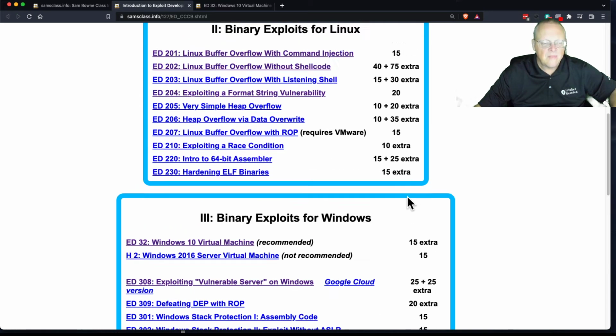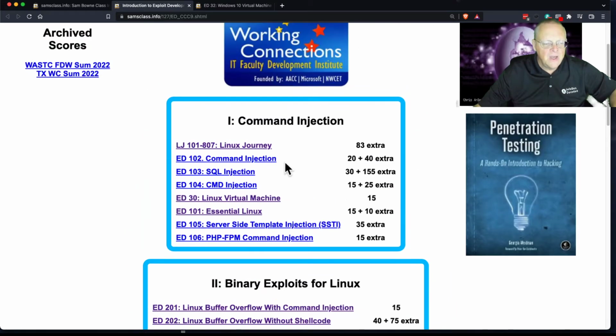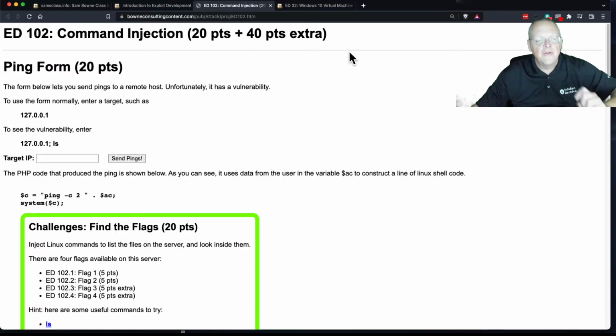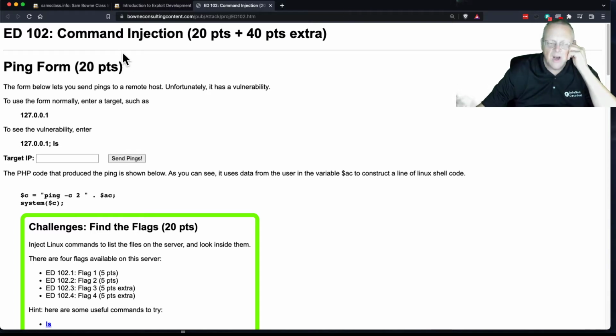Yep. All right. So command injection is where it starts, I imagine. Although Linux Journey is there for people who want to brush up on basic Linux skills. And so here is one of the more common